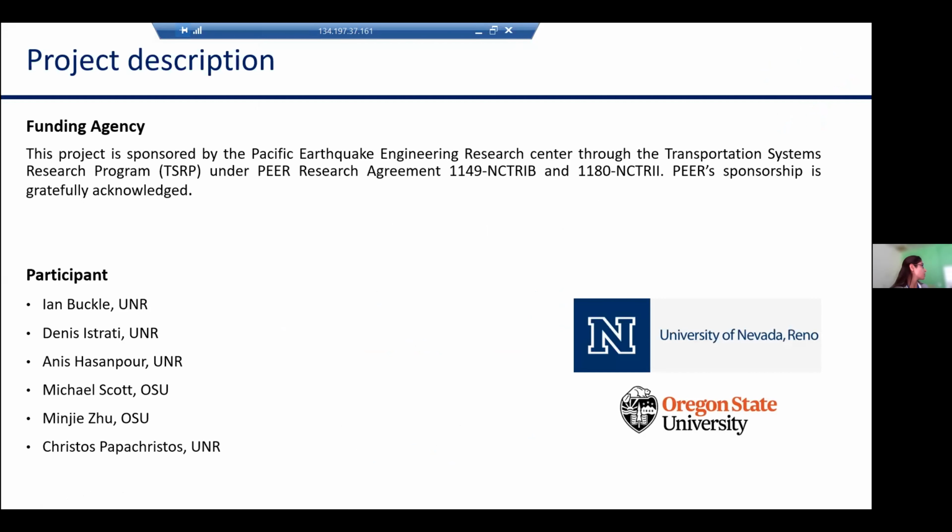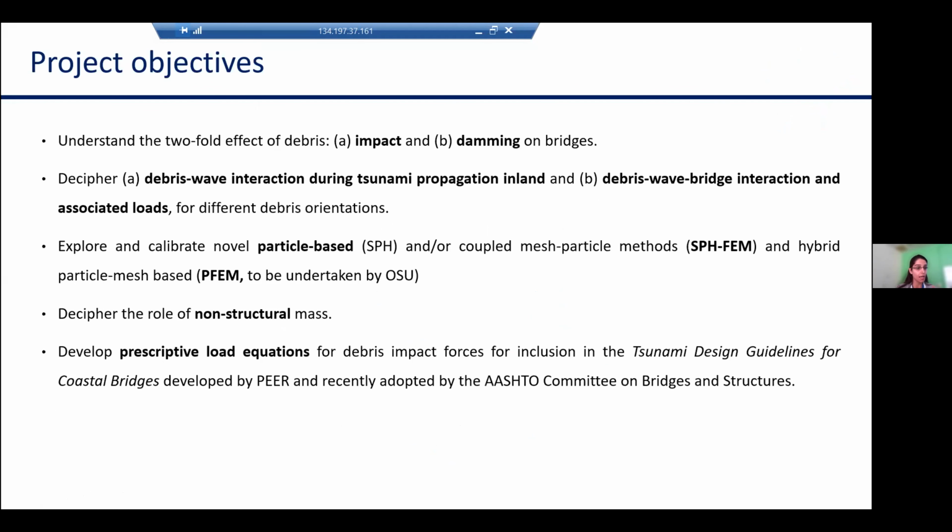The participants in this project are Dr. Bachel, Dr. Istorati, myself, Dr. Scott and Dr. Zhu from the OSU, and Dr. Papachristos from the UNR. Our objectives are to understand the twofold effect of debris, including impact and damming on coastal